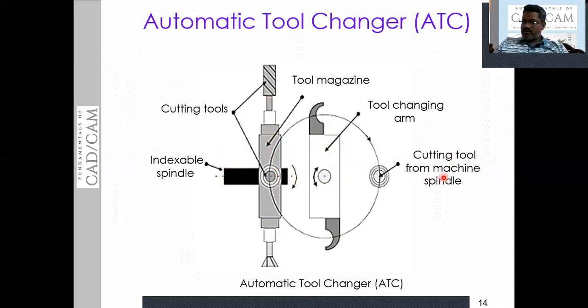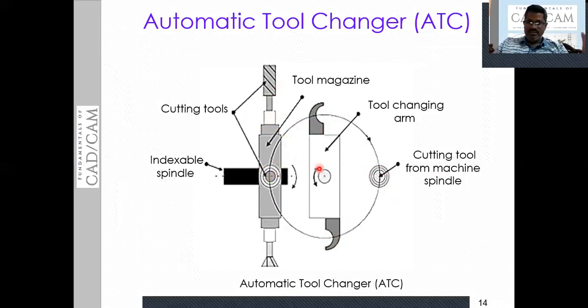cutting tool from the machine tool. Initially, at this location, it is going to pick up the tool from the spindle, and this will be inserted at this location, and simultaneously this magazine will be rotated, so the required tool will come near to the ATC pickup point, and this ATC will pick up the required tool from this magazine. Before this we inserted the old tool.